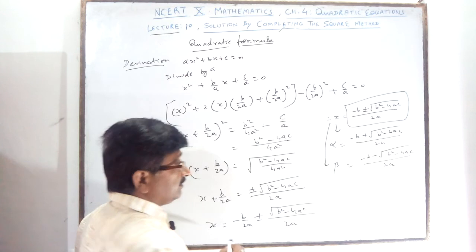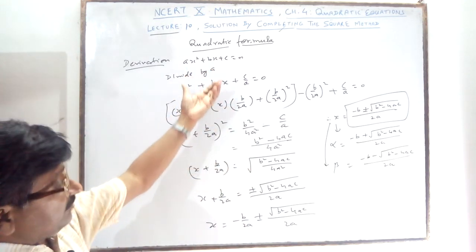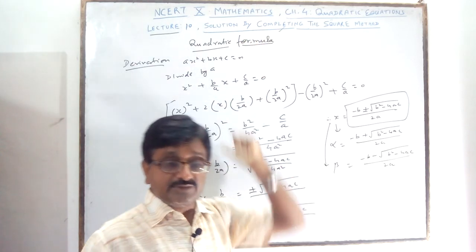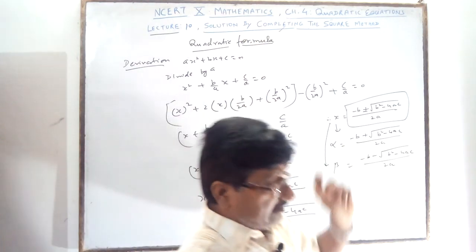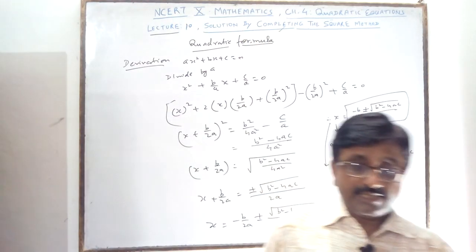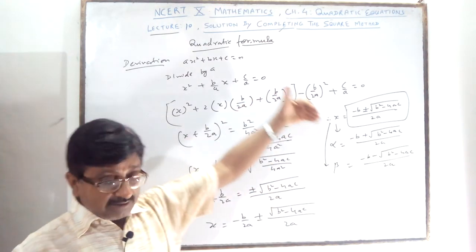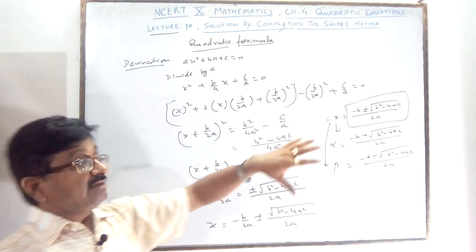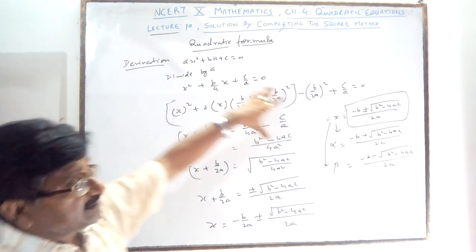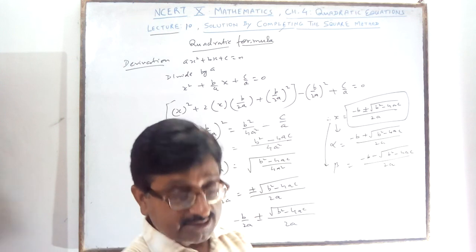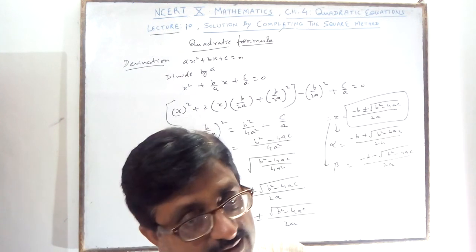Now, you have simply derived a formula with the help of completing the square, and got the quadratic formula. Now you will finish this, and in the next lecture I will tell you some examples based on the three cases. Both the exercises you can finish by this. You will see how to solve by this formula. Thanks for today.